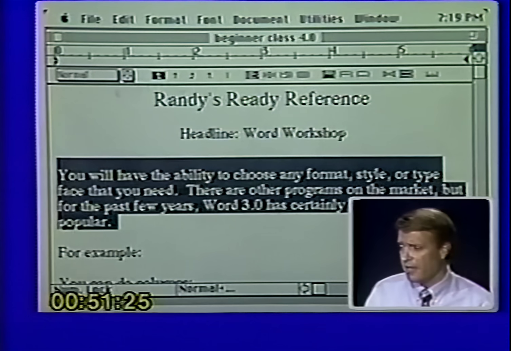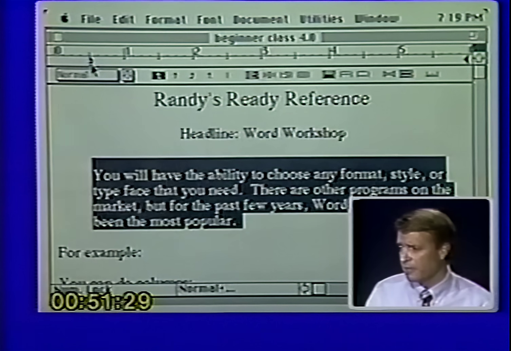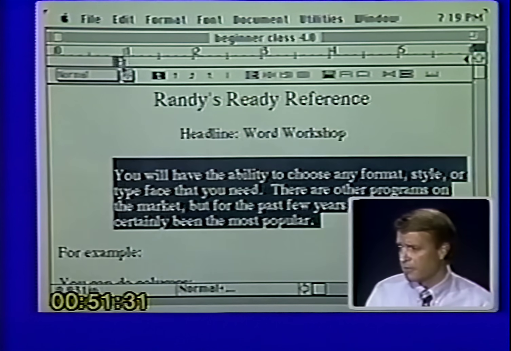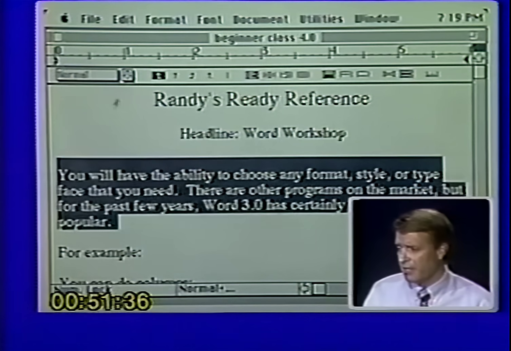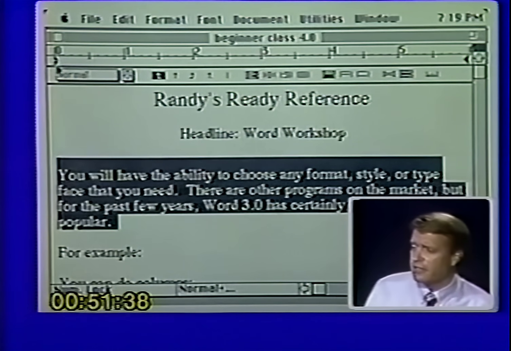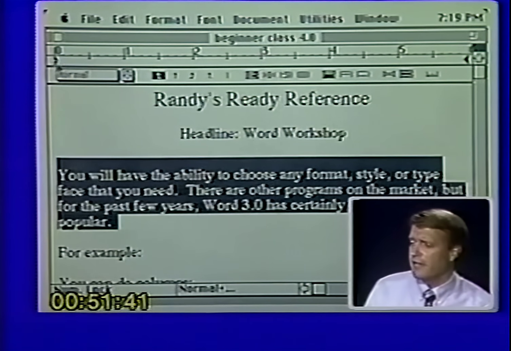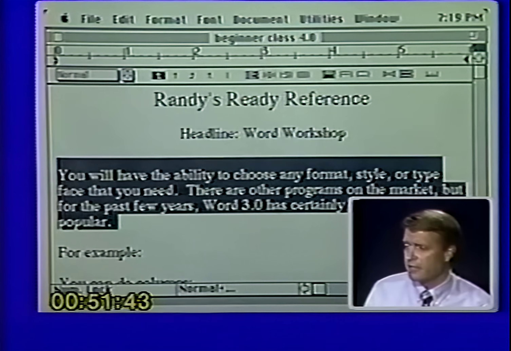Now, setting the left-hand margin works exactly the same. I simply click and drag, and you will notice immediately the margin follows whatever setting I have used. Simply click and drag. Now, if some of you have a good TV and you can see really well, you will notice that the left-hand margin looks a little different than the right-hand margin. It is actually 2 triangles, whereas the right-hand margin is 1. That allows you to do what is called custom left-hand margins. What that means is the top part of the triangle can be moved independently from the bottom part.